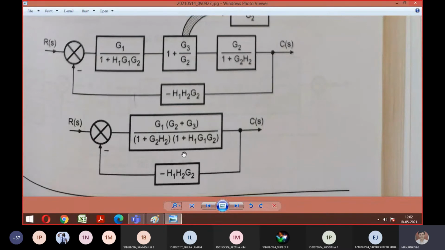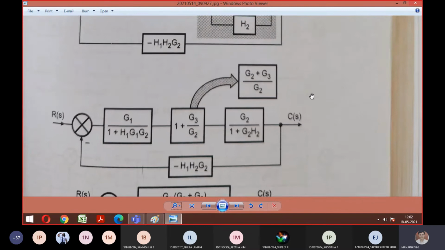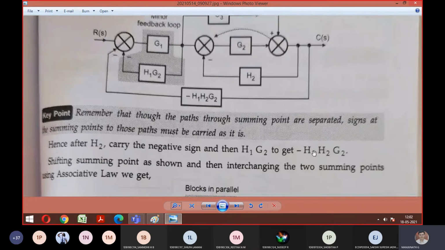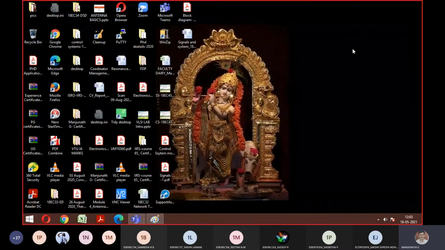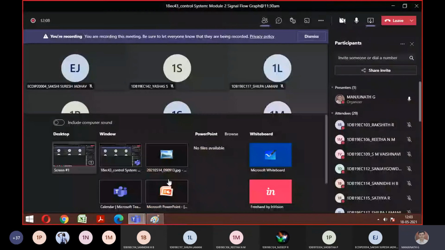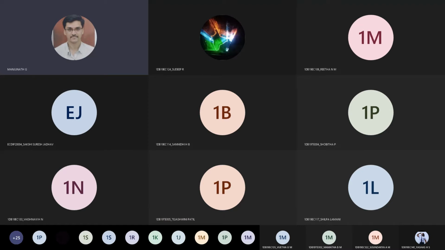Is it okay to everyone? So if you say fine with this, then that completes your block diagram concept. So we have finished from model number 2 transfer function for 6 to 8 marks, and the remaining 16 marks from this block diagram. So you're left with one more 16 marks, that is the next concept called signal flow graph. So if you say okay till here, I will move on. Is it fine with everyone?